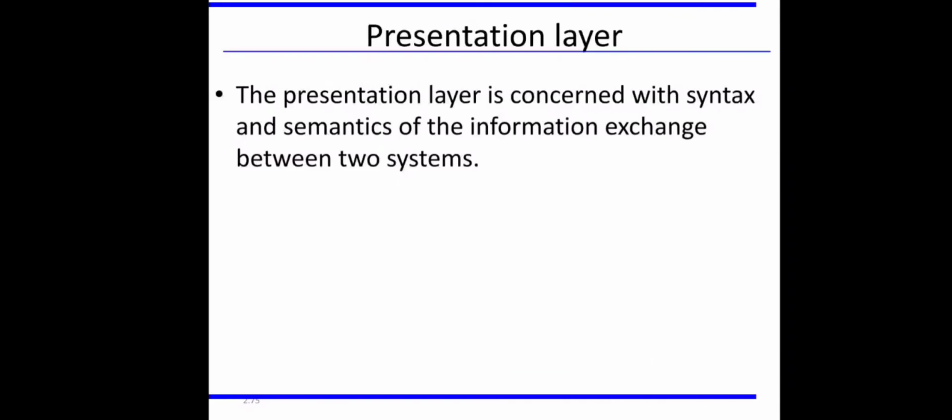The next layer is the presentation layer. You can guess what the functions of the presentation layer can be, right? Yes, make the information presentable. Presentable to whom? At the sending side, it takes the information from the sending process and makes it presentable to the network. At the receiving side, it receives the information from the network and makes it presentable to the receiving process. That is done by the presentation layer.